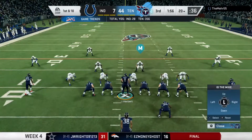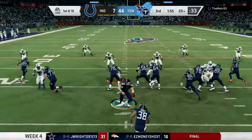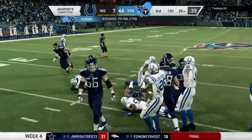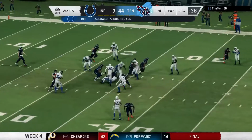The Titans offense set to begin the drive. This is sort of what you would call a put-away drive, isn't it? They score here, especially a touchdown, it's almost out of reach. It certainly feels that way, and I think they're going to call their plays accordingly, because what you really